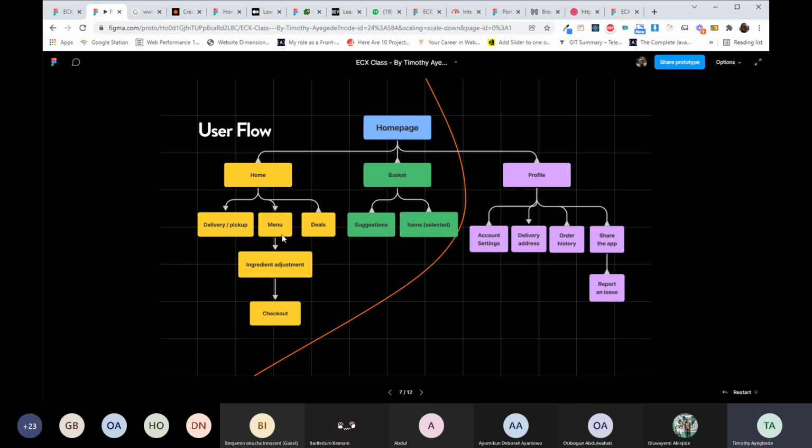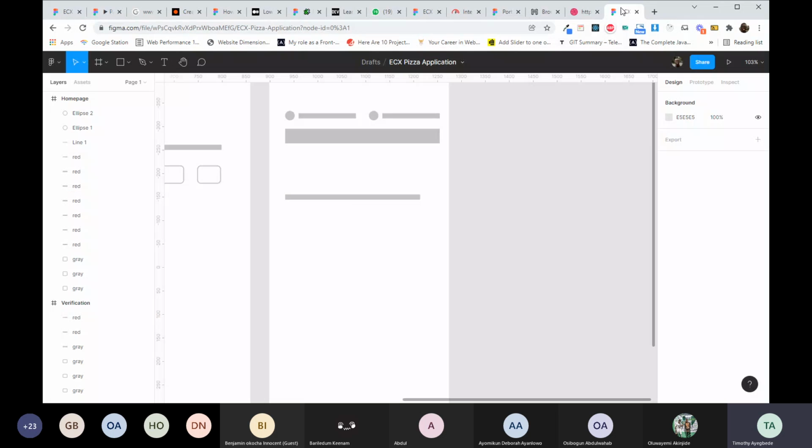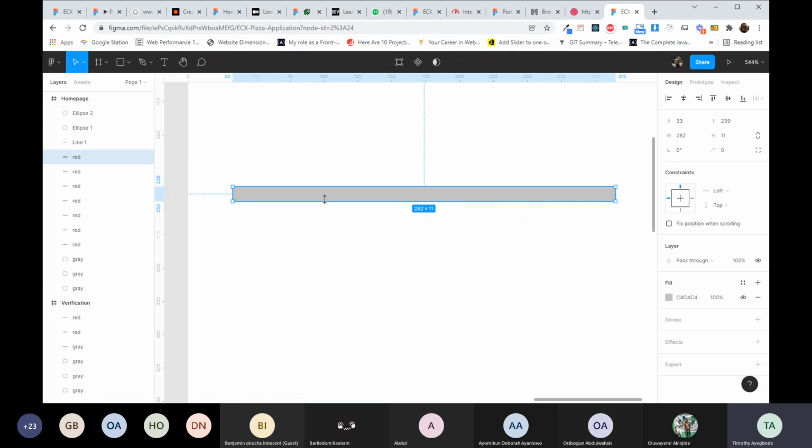And yeah, we have deals. I think deals is where top deals right now. You really want your users to see it when they first enter the application. And Dodo Pizza has really done a nice job in presenting it. So something like this is what I also had in mind presenting. So don't be scared to look at what has already been designed to get inspiration for your design, because